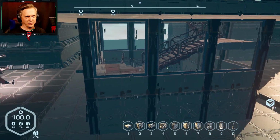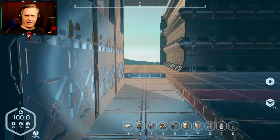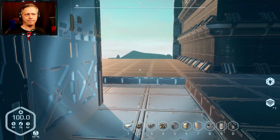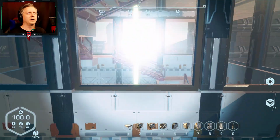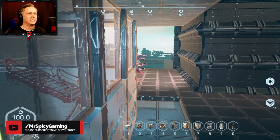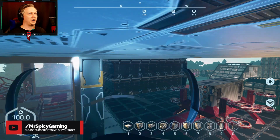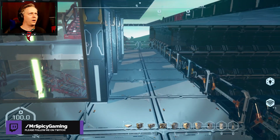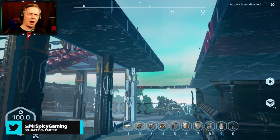The idea I had was, okay, we're gonna have this little walkway spot to walk out here. I think I'm gonna do some kind of cosmetic here. I'm not sure what yet, but we got a nice view as you come up. You look out, nice little glass, so we walk over here, we can look out and see this is docked. And the way I'm thinking right now, I have it as just kind of a little walkout where you can walk out here and kind of look down,